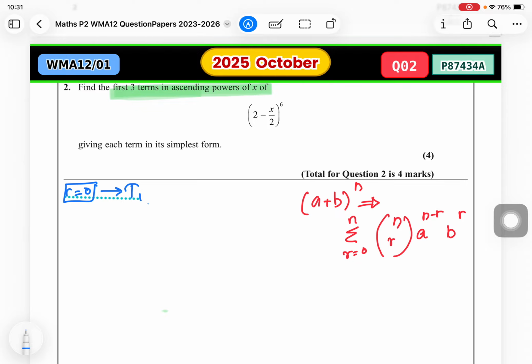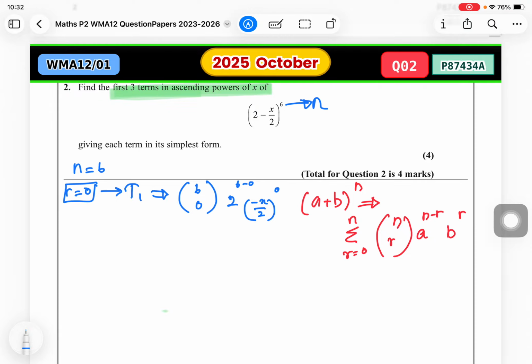For term 1, that is going to be 6C0 because our n is 6, which is the power here, that is the n value, a to the power n minus r, and the other one would be negative x divided by 2